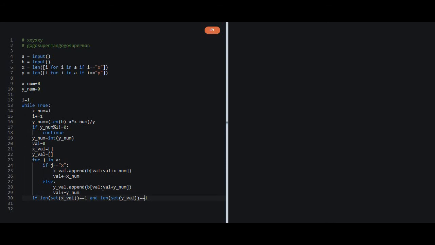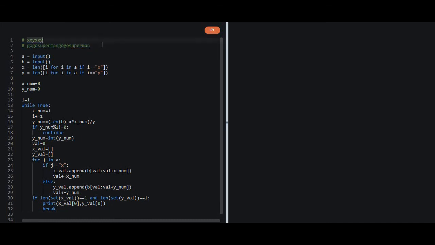If it is not 1, then it means that we have assumed the xnum and ynum wrong, and if we get the correct values, then we can just report them and break the loop. So this looks fine to me.